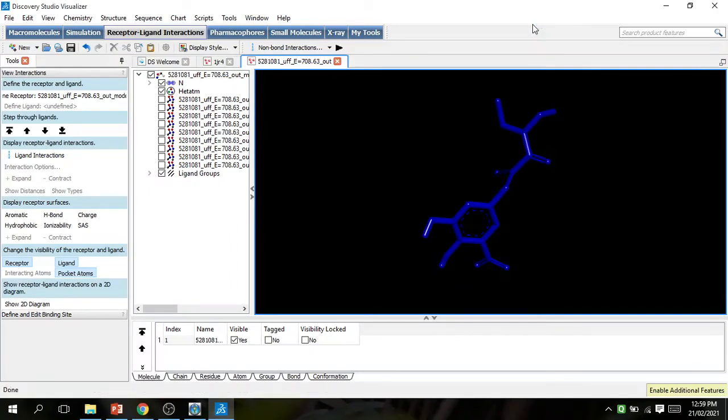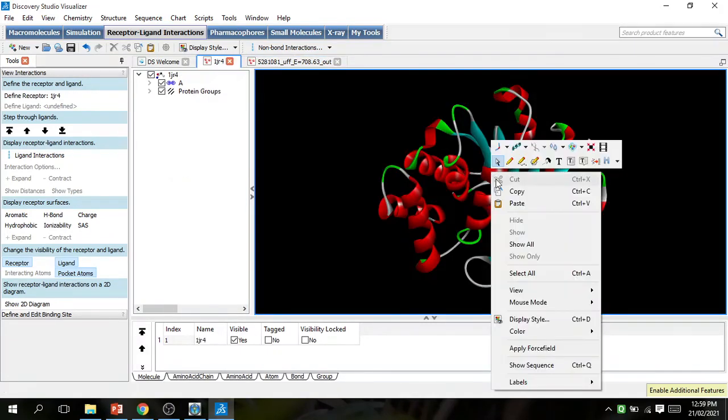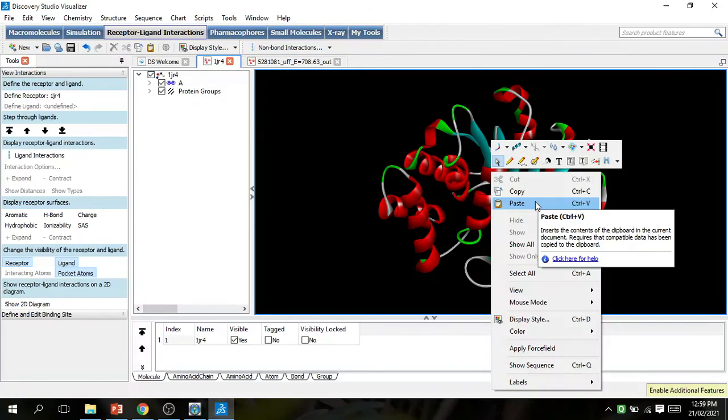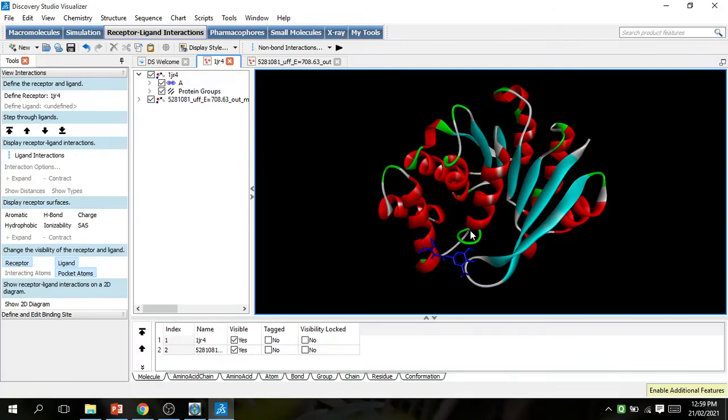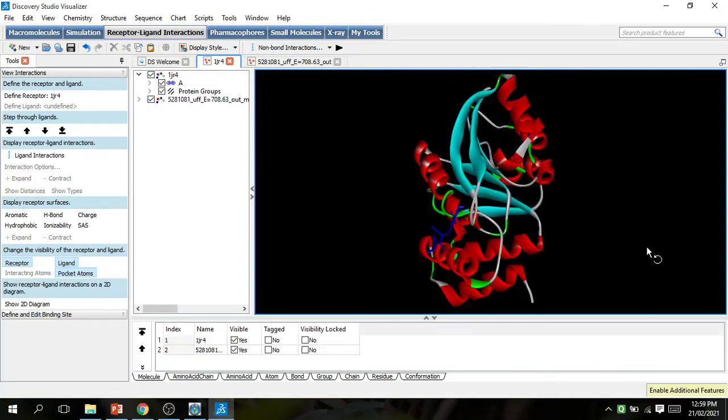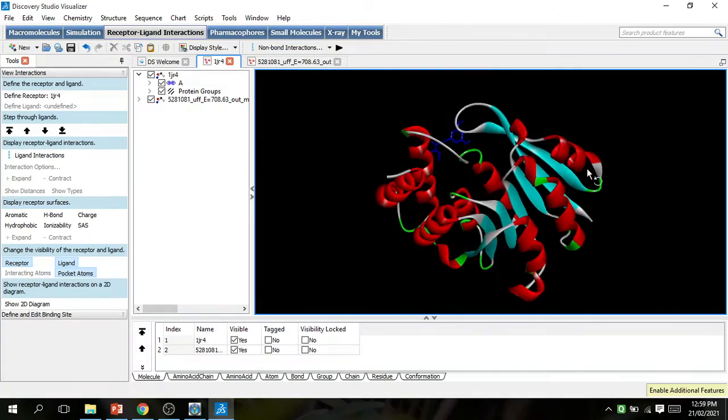Guys, you can also drag the ligand and protein, and after copying, select this 1JR4 and paste. Our ligand binds to the protein nicely. This is our ligand and this is the protein.